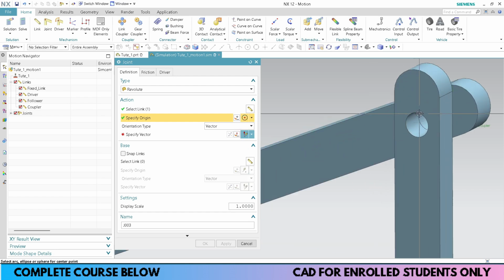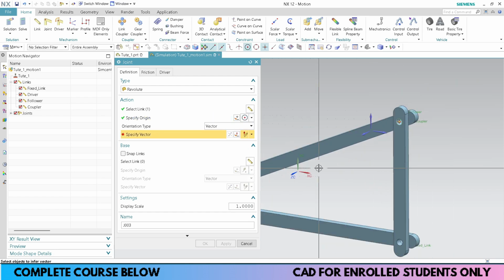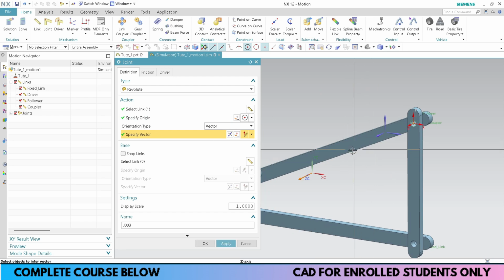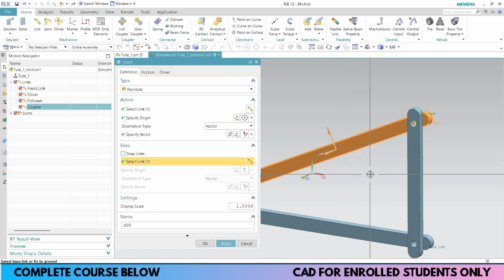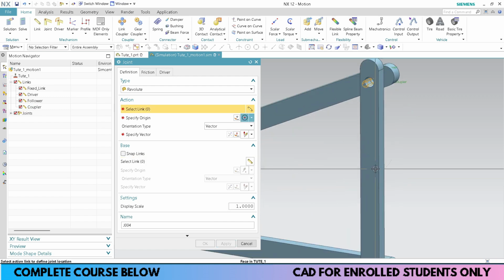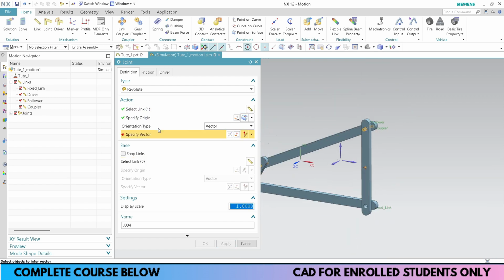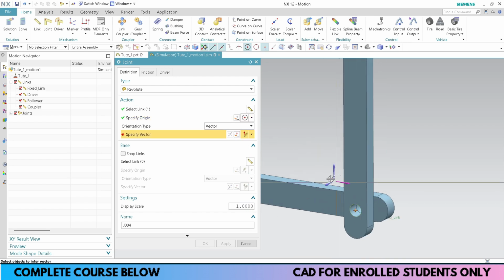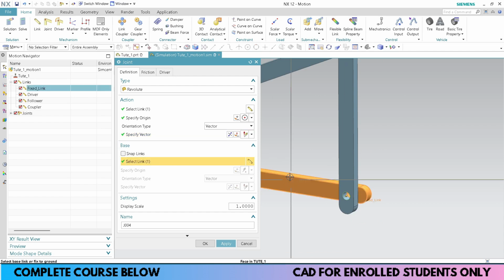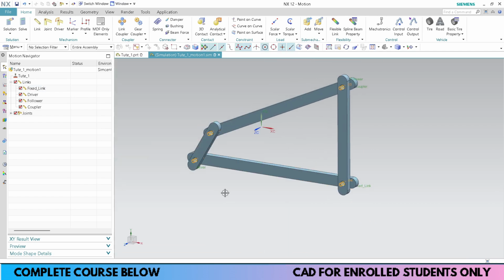This would be my center, and vector is outside this plane pointing here. Base link is this one. Press OK. Select this link again, and origin would be now this center point. Vector is facing outward, and the base link is this one. Press OK. Now if you see here, I have four links and I have four joints.